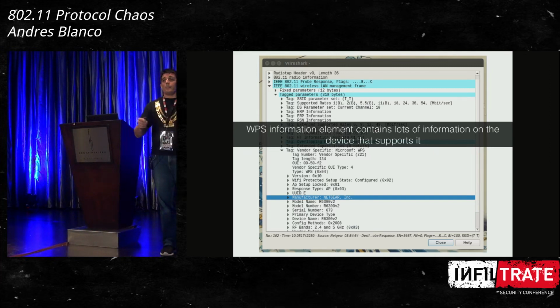So a guy read the specification and noticed this, that there was even a note below that says, once this has been implemented, it could give an attacker the possibility to do a brute force attack on the PIN. And the PIN is only 8 digits, okay? So you put a passphrase of 64 bytes, and a guy using a PIN of 8 digits is going to be able to access your network. So really bad idea.